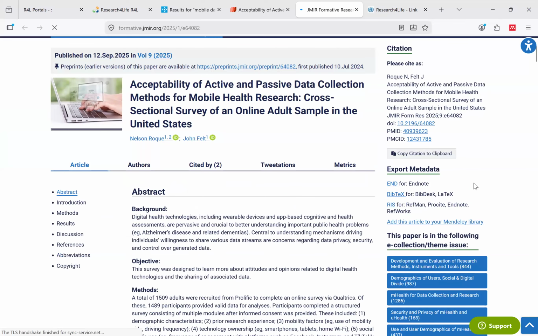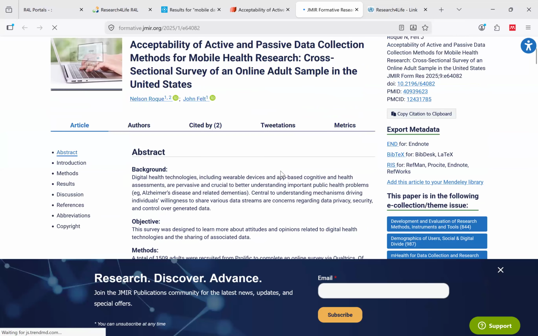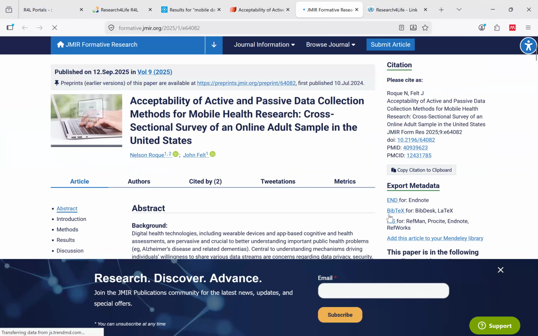Okay, the download option, you see the download option? The download option is here. Now, citing, remember I discouraged you from citing from the other side. Export metadata. You see this? Now, if your citation tool is not shown here, like EndNote, then you click on RIS. RIS works for everything, for all those other citation styles. You click on RIS to export the reference to your reference management tool. Okay, I'll close that and go back.